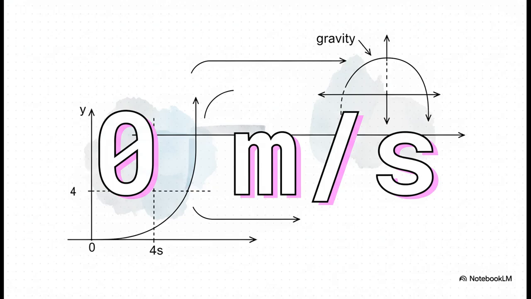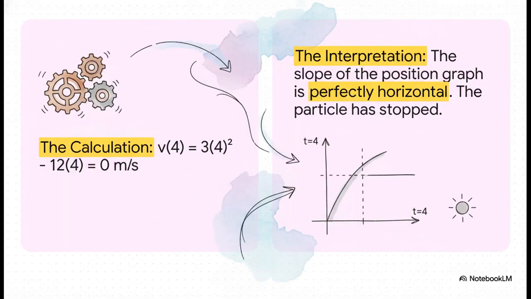But hold on, the number itself isn't the end of the story. The real aha moment comes from asking, what does that mean? What is a particle doing when its velocity is 0? And this is where it all clicks into place. The calculation, v of 4 equals 0, has a powerful interpretation that connects right back to those first two ideas we talked about. From a physics point of view, a velocity of 0 means the particle has stopped,